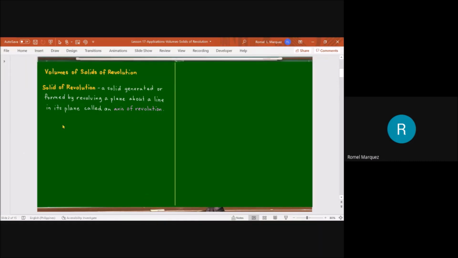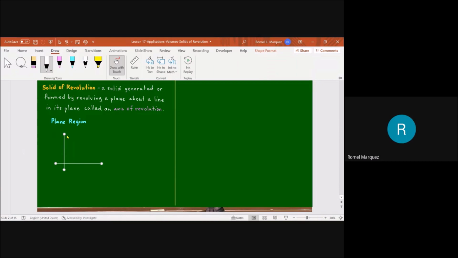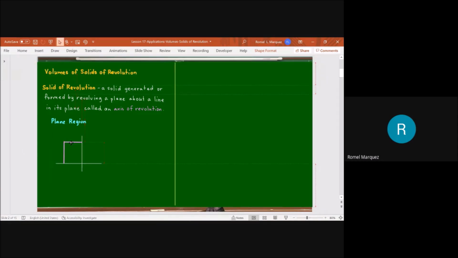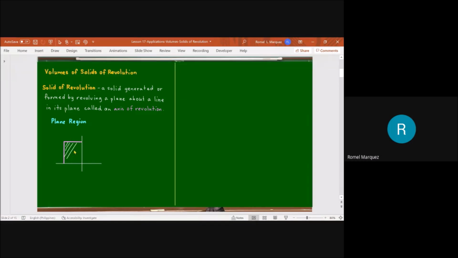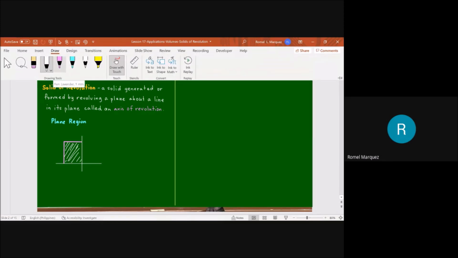For instance, if I have this plane region, let's say my plane region is a rectangle attached, for instance, to this vertical line, and above this horizontal line. If this is my region, and I'm going to rotate it about this line,